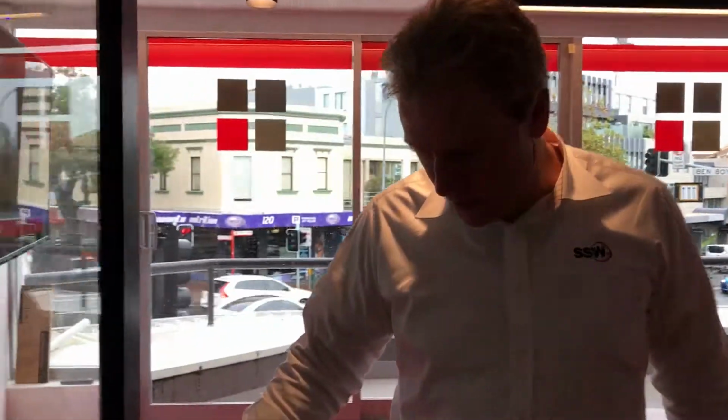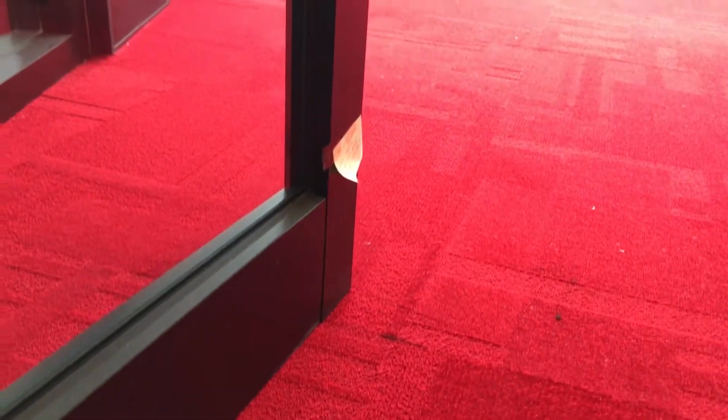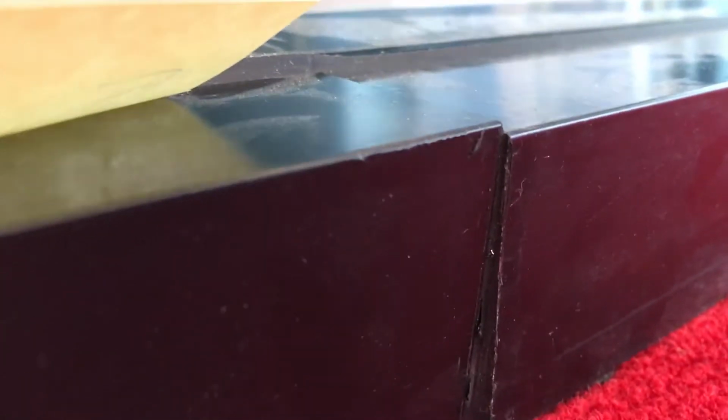I'll start with the door. The door is still like this. I've called this out. I'll come over to these joins. Rough, really rough. And you can see how rough that is. It's a huge gap. You probably need it from the other angle. On the other side, it's beautiful, so it can be done, but this one is not done. We'll come around here,